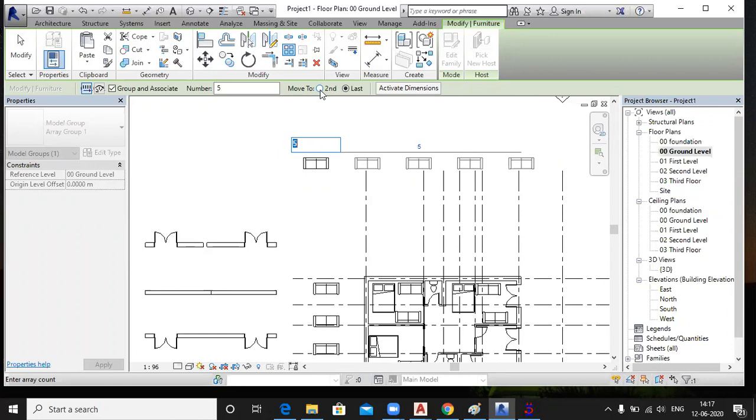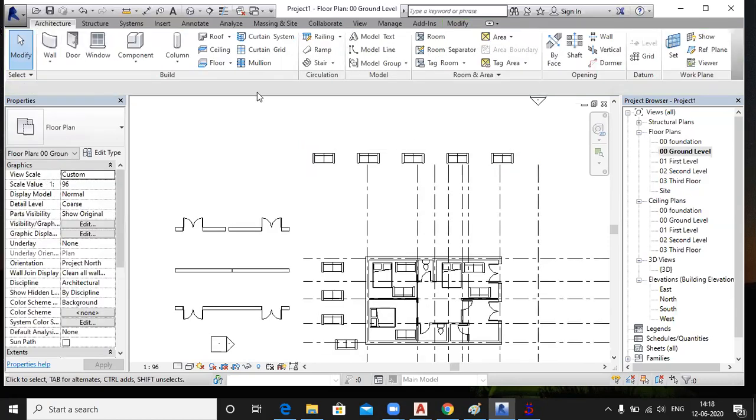And in the last option, I specify the distance between the first and the last object, the total distance, and all the elements will be placed in between them. Second means the distance between two objects, and the last means the distance between the first and the last. First and second, and first and last.